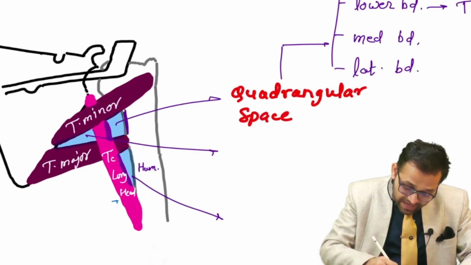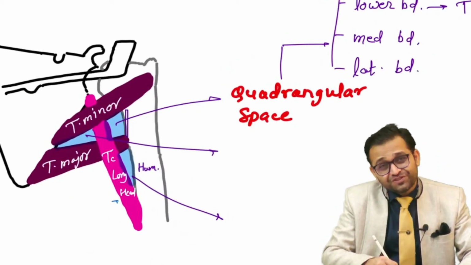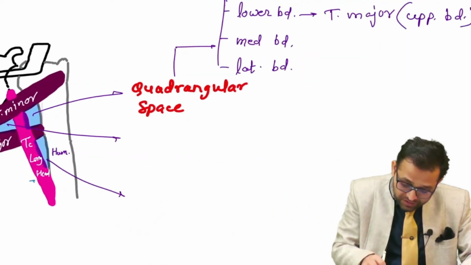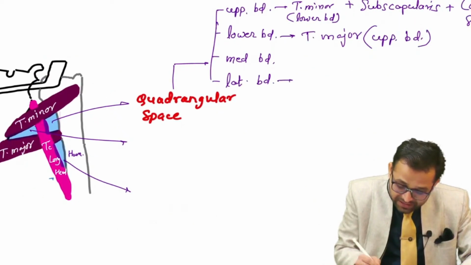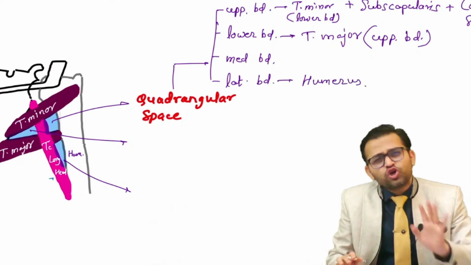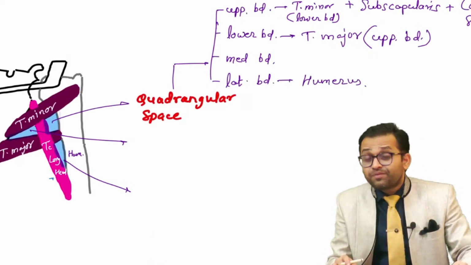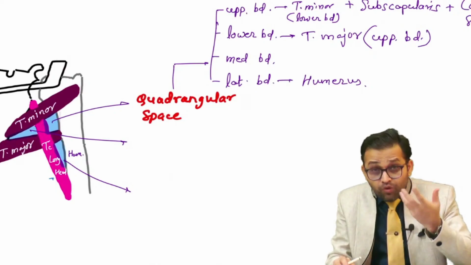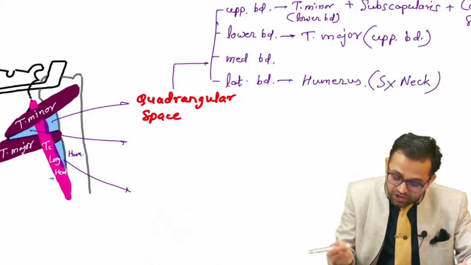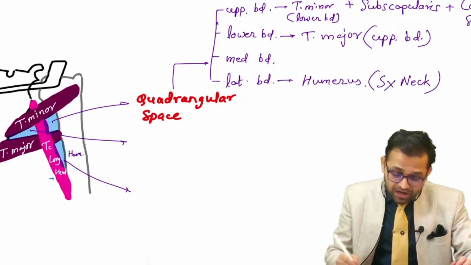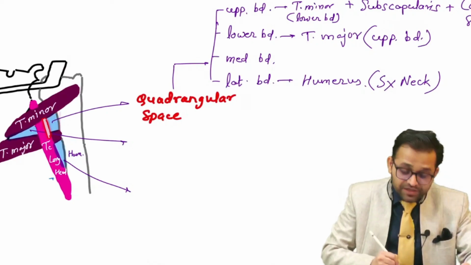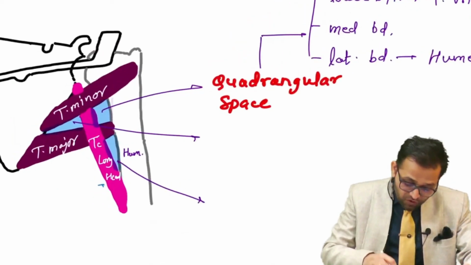सर, the lateral border is formed by humerus. Which portion? Sir, it is our neck of the humerus, surgical neck of the humerus. So remember, the lateral border is formed by, आसान तरीके से बेटा ह्यूमरस बस याद रखो. Okay, but if you want to get more marks, then you will say, sir, surgical neck of the humerus. Okay sir, now look for the quadrangular space. Sir, this is the medial boundary. This medial boundary is formed by